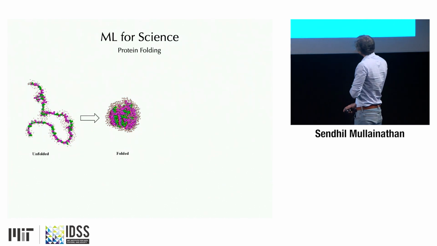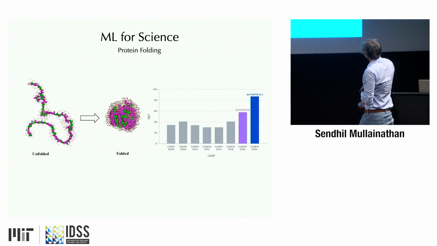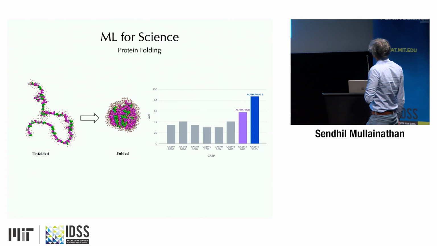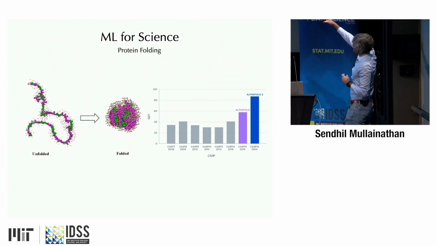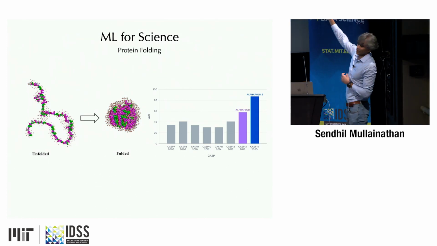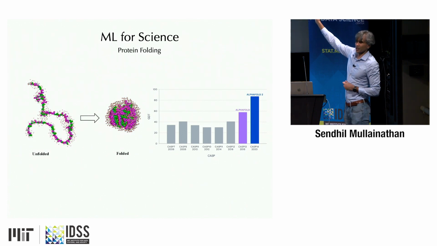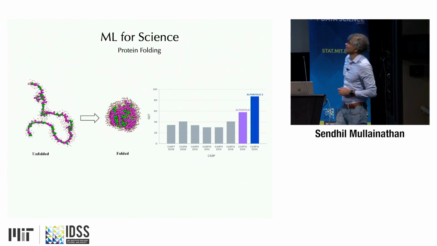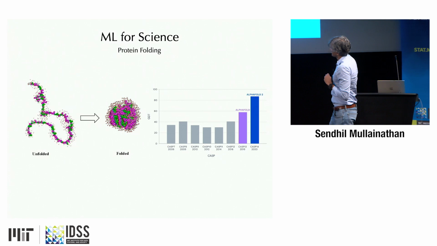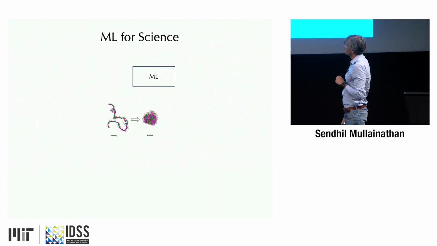This is a hard problem, but we've had a lot of progress. This is up to 2020. We've had more progress since 2020. This is from an ad for AlphaFold, but you've probably all seen this AlphaFold ad. Dramatic progress in the world of protein folding. This is an old science problem where we've had big computational progress. It's not the only one.